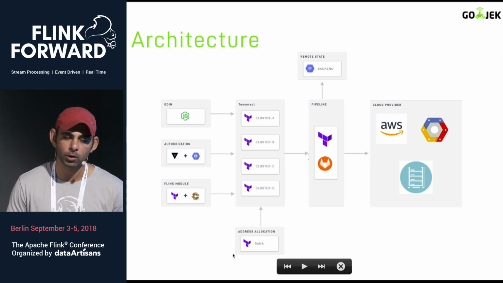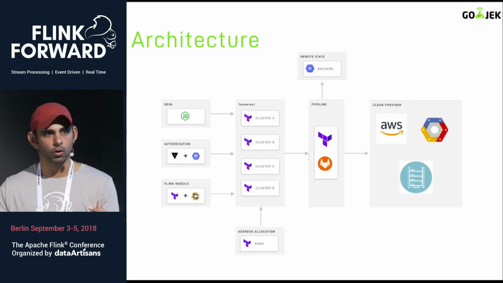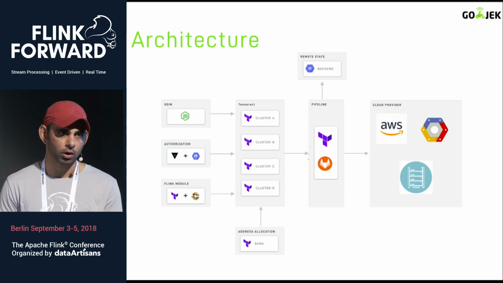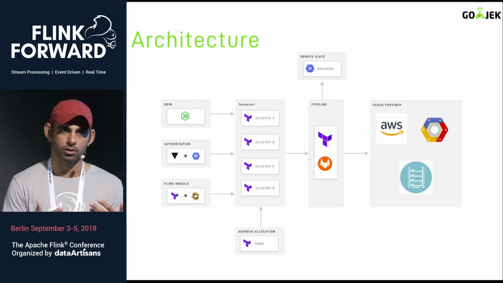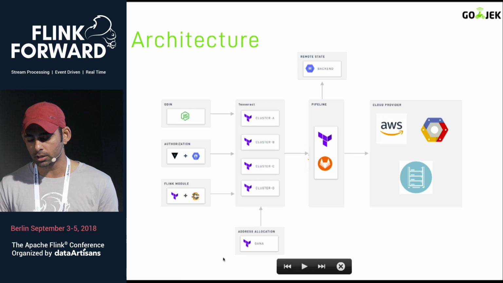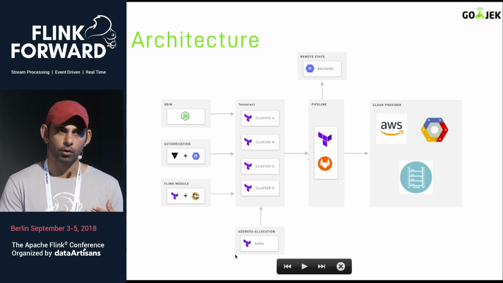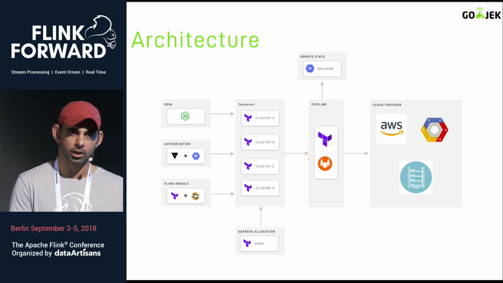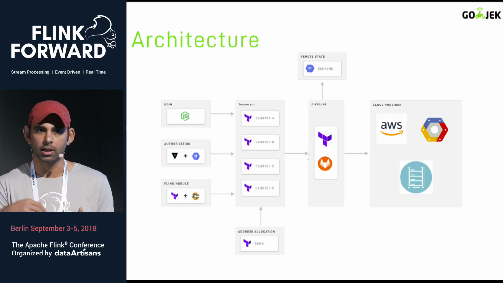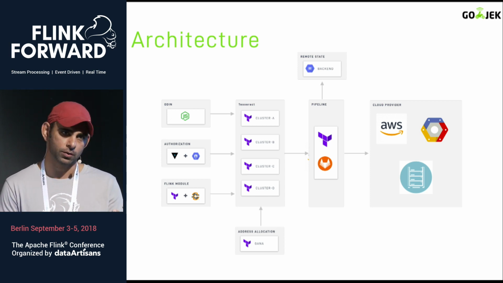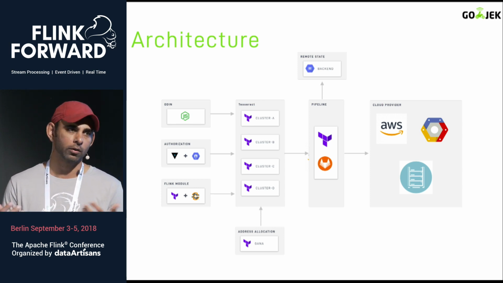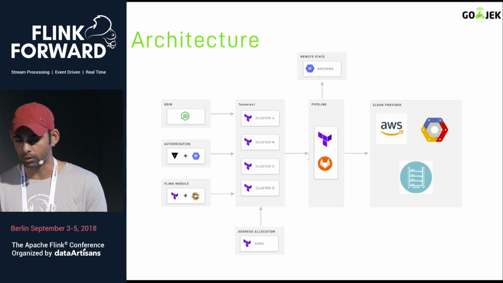Then we have another system. Because we are running on so many multiple clouds, and there are so many VPCs inside those as well, there is a really good chance that the clusters you are creating within the subnets will have address and network clashes. So we have a custom-written service which we call Ghana. If you provision a cluster in a subnet with a certain IP address range, Ghana makes sure that it is registered, and it allocates new resources whenever a request for a new cluster comes in. So Ghana in a way makes sure that there are no network clashes or address clashes happening.